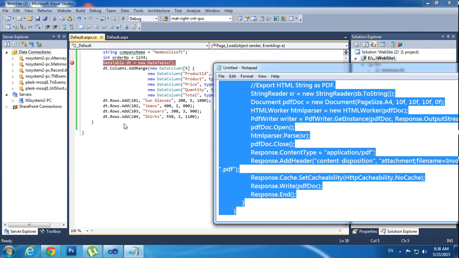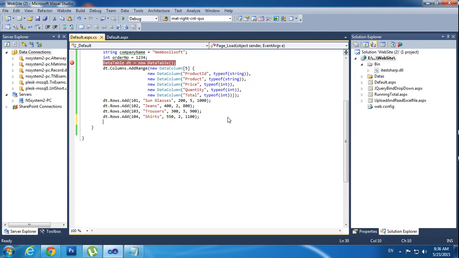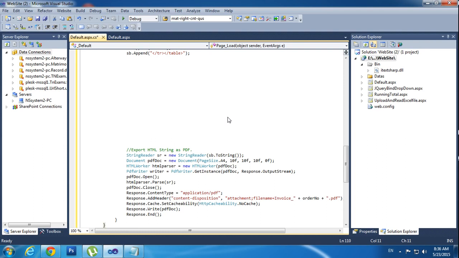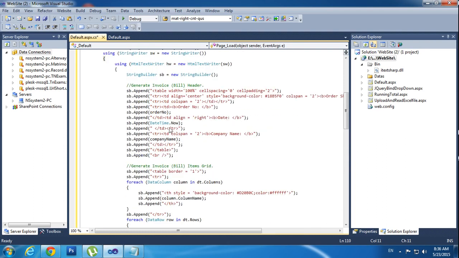Control C and then paste it here. See, I already wrote the code. So this is